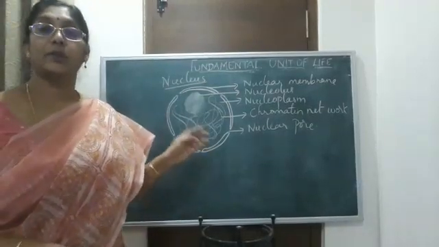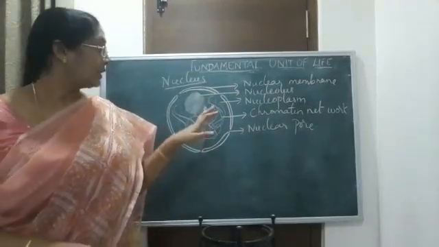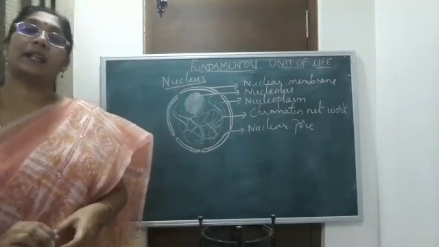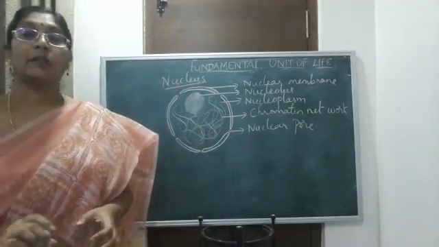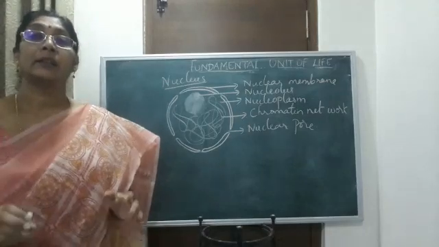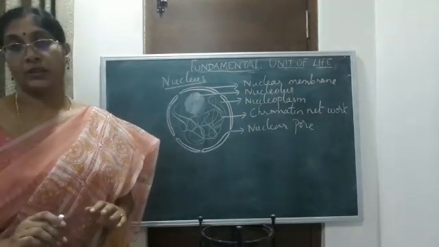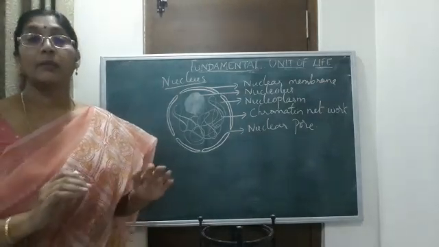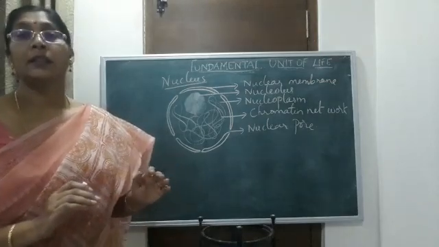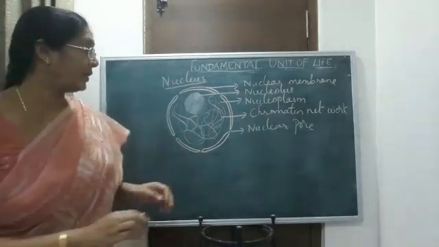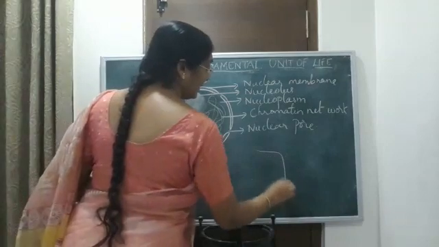Let's learn the structure of nucleus. The structure of nucleus in both plant and animal cell is same. There is only a difference in the position of the nucleus, where the nucleus is present. Because in case of plant cell, the nucleus is present close to the periphery like this. If this is a plant cell,